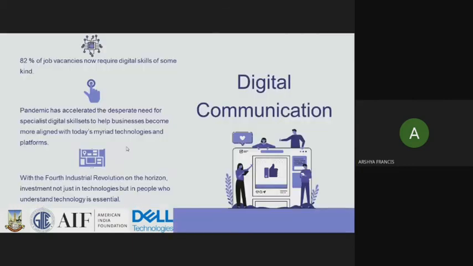Needless to say, आजकल सब कुछ digital हो चुका है, so the popularity of a digital workspace is growing due to the health concerns with the pandemic. So you need to be up to date with all the skills of digital communication and the latest technologies and the online platforms for conferencing. Otherwise, it will become very difficult to work in the current times.